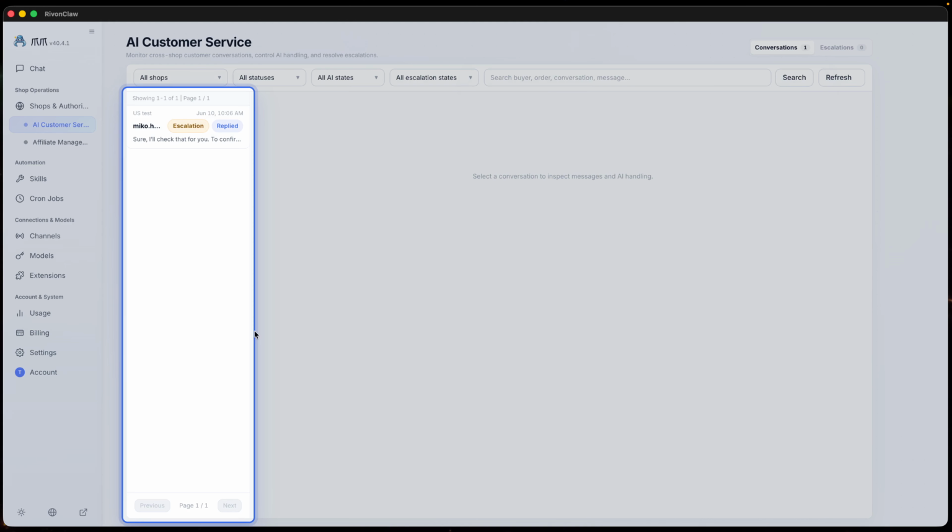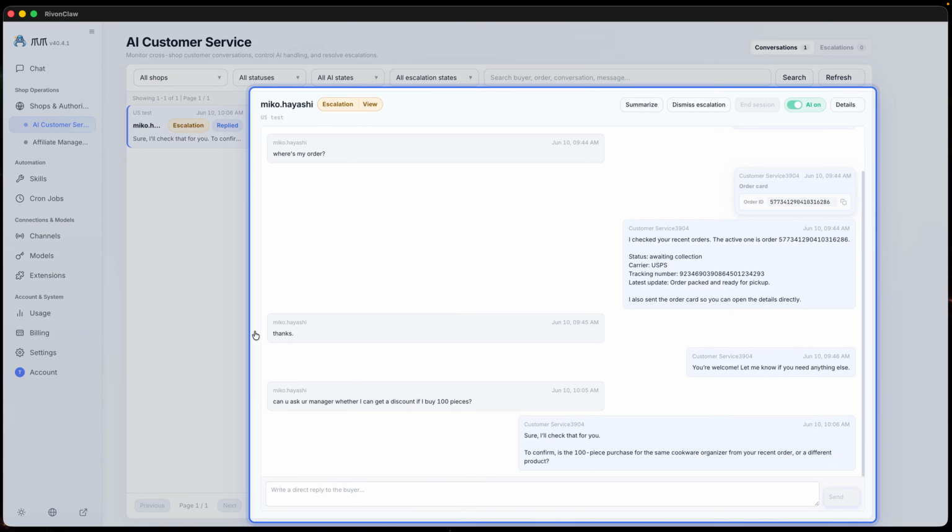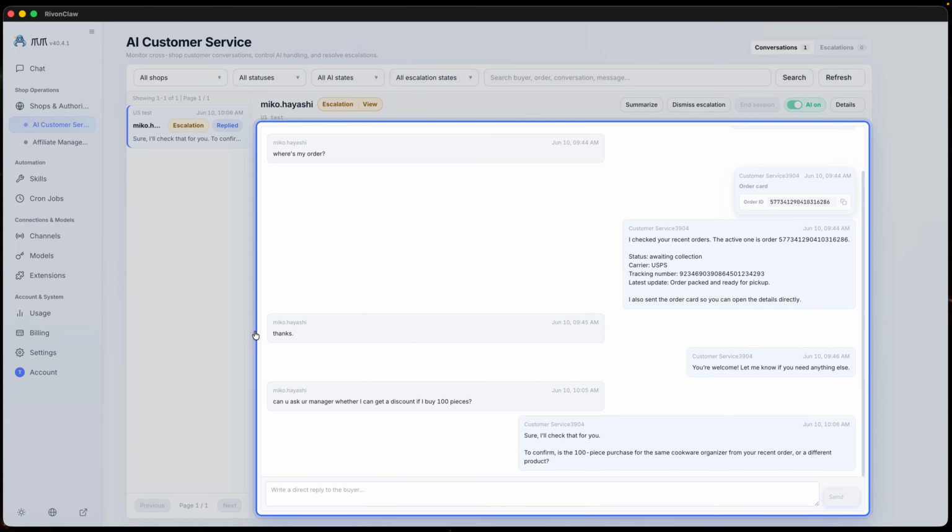On the left, the conversation list shows the customer service conversation prepared in the test account. Each row displays the shop, time, buyer preview, plus conversation status and escalation badges. After selecting a conversation, the conversation detail panel opens on the right. The lower part of the detail panel, the message thread, is where you review buyer questions, historical replies, images, or